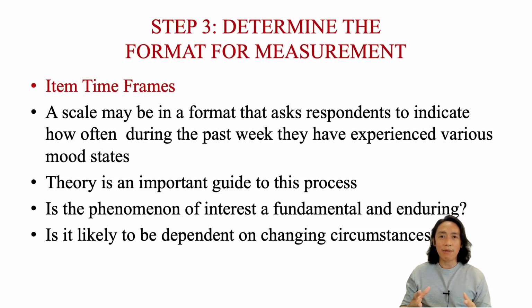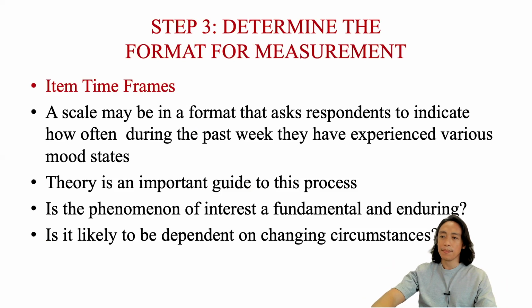We know, for example, that motivational problems are not constant. Sometimes we have fewer motivational problems. Sometimes we have more motivational problems. Same thing with mood. Sometimes we're in a good mood. Sometimes we're in a bad mood. So I think in measuring mood specifically, you have to specify the time frame that the participant should have in mind in answering the questions. And theory will be a very important source of information with regard to the time frame. So essentially, you're asking yourself, is the phenomenon of interest fundamental? If it's fundamental, then it might not require thinking about a specific time frame. But if it's changing, then we have to introduce that particular dimension,